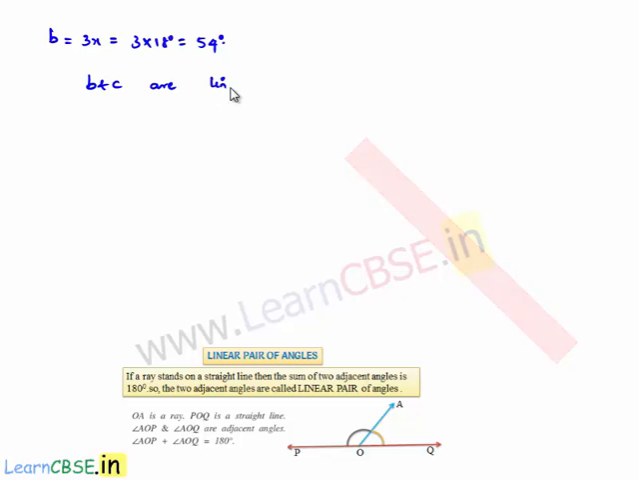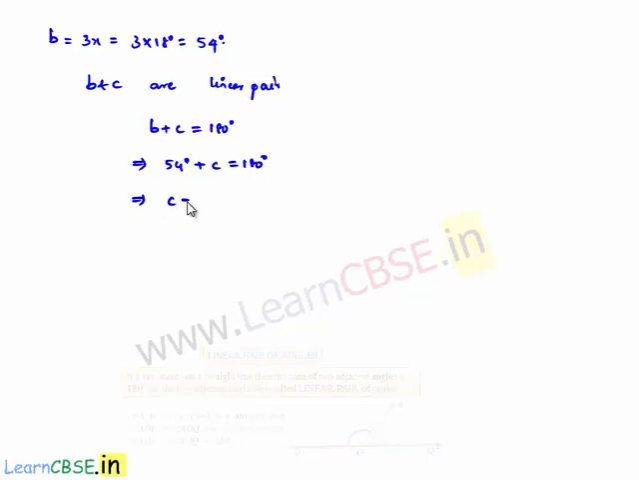We know that the sum of angles that form a linear pair is equal to 180 degrees. Angle B plus angle C is equal to 180 degrees. That implies B, which is 54 degrees, plus C is equal to 180 degrees. That implies C is equal to 180 minus 54 degrees, which is nothing but